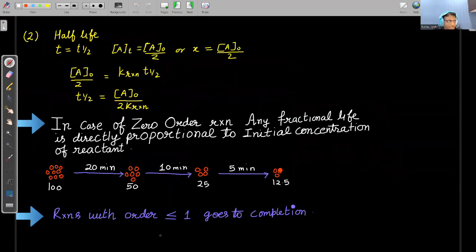सो हाफ लाइफ की अगर हम बात करते हैं, किसी भी केमिकल रिएक्शन में हाफ लाइफ का मतलब होता है कि रिएक्टेंट पहले जितने थे, जब जिस टाइम पे उनका कंसंट्रेशन आधा हो गया तो उस टाइम को हम कहते हैं हाफ लाइफ।